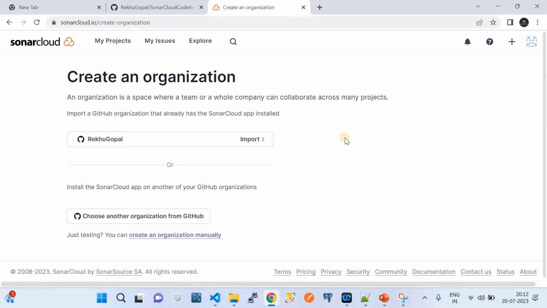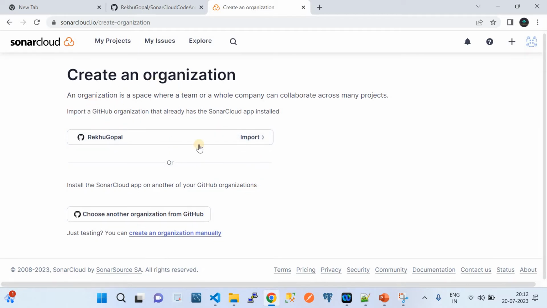So first, we need to create an organization like this. I'm just creating the organization, and it is asking whether to create the organization using this option. It says an organization is a space where teams or their whole company can collaborate across many projects. Import a GitHub organization that already has the SonarCloud app installed. Okay, so for my case,